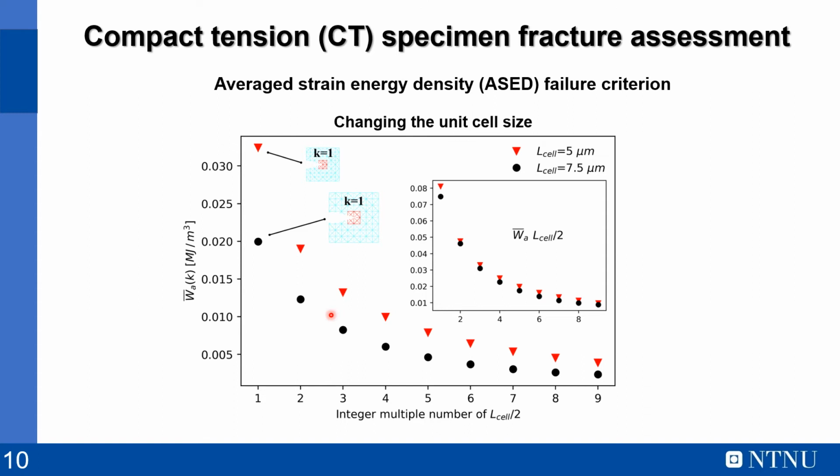Indeed, we can see here for two values of the unit cell size, 5 micrometers and 7.5 micrometers, the distribution as a function of the control volume size of the strain energy density is pretty much the same. And if we normalize, we can see here on the inset the values of the strain energy density to the half of the unit cell size, we obtain a kind of invariant with the unit cell size. And this might be important for future